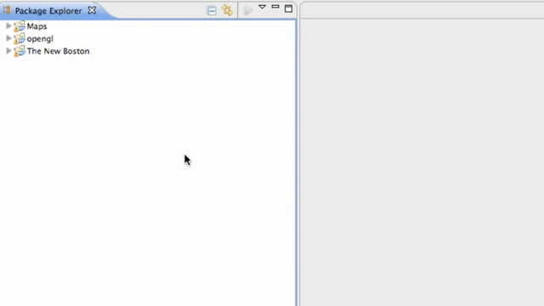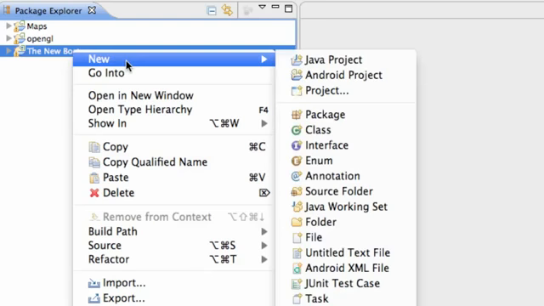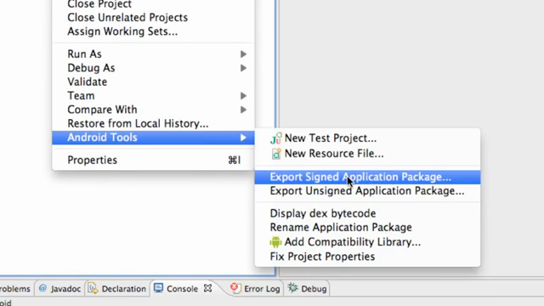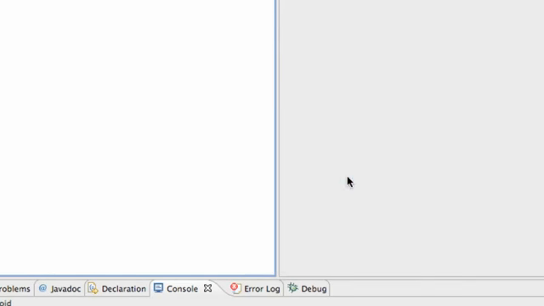So what we're going to do now is put our application on the marketplace, so you can share all of your hard work with the world. So what we're going to do is, again, just pretty much what we did with our maps activity. First, we need to sign our project and all that great stuff. So we're just going to right click on our project, go to Android Tools, and go to Export Signed Application,